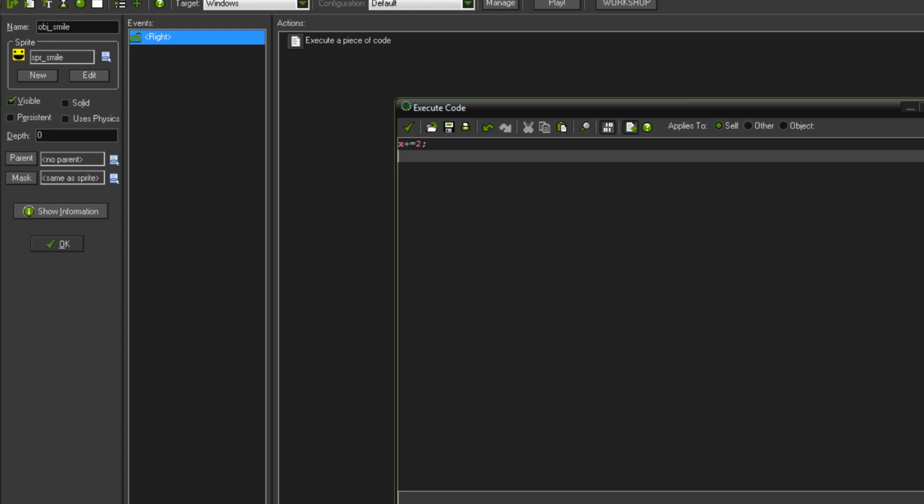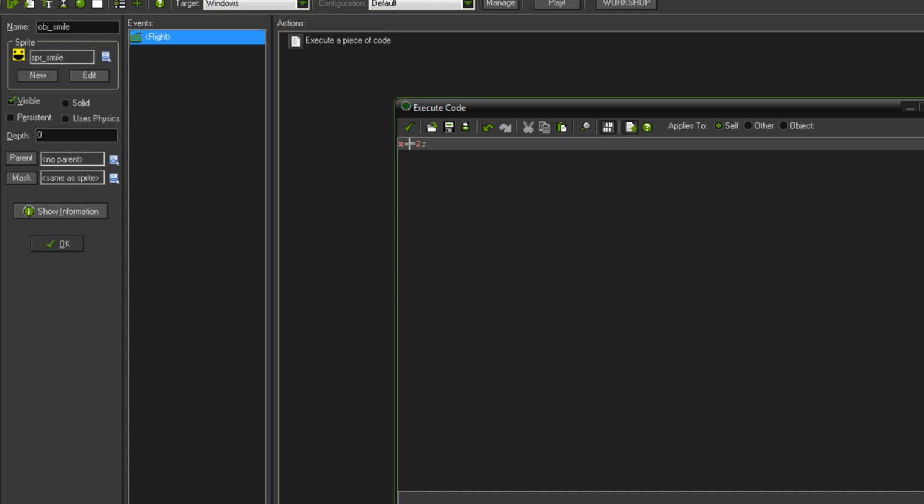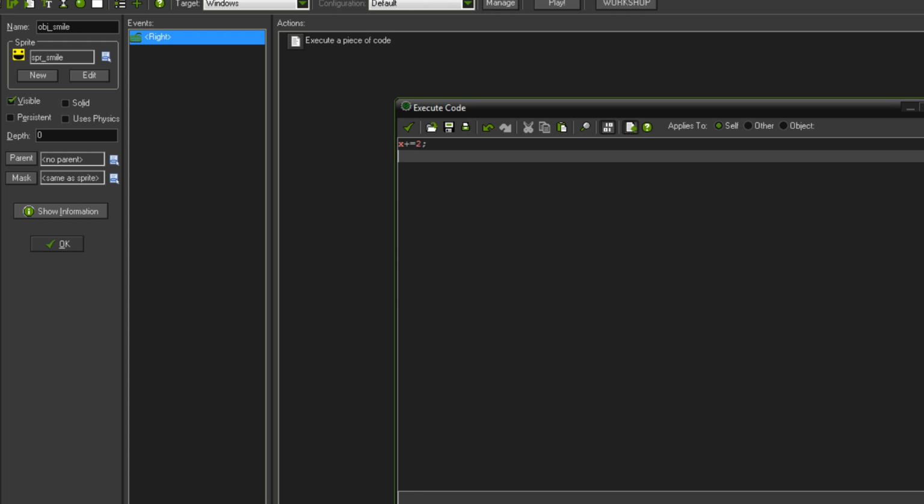Pretty much that's all there is to it. That will move us 2 pixels to the right whenever we're holding right. There are different ways you could write that. You could say x equals itself plus 2, but the easiest way to do it is to do what I just did, which is plus equals, which adds 2. You can do things like minus equals to take away and all that kind of